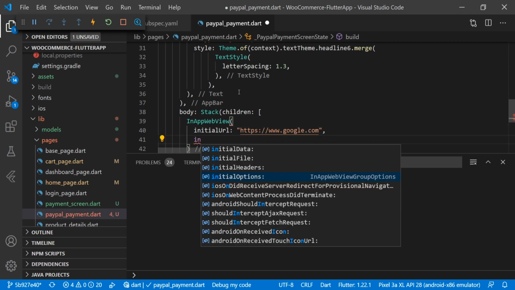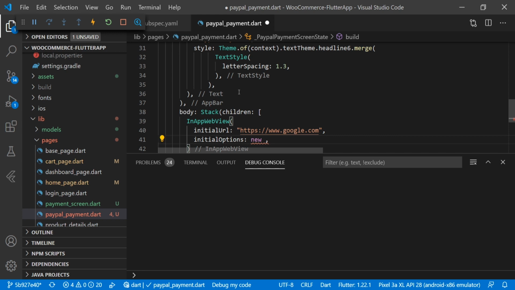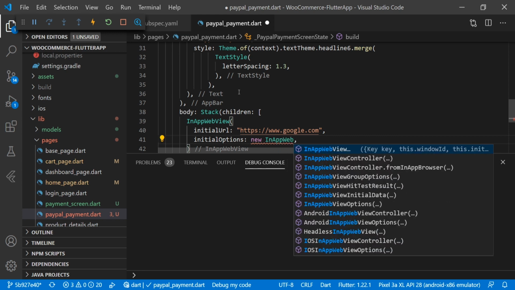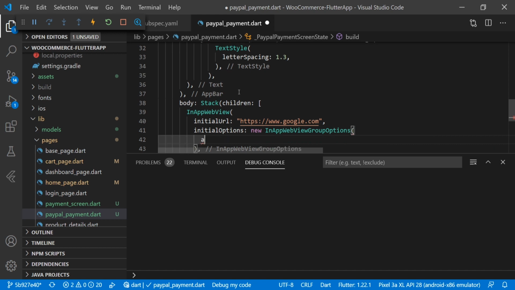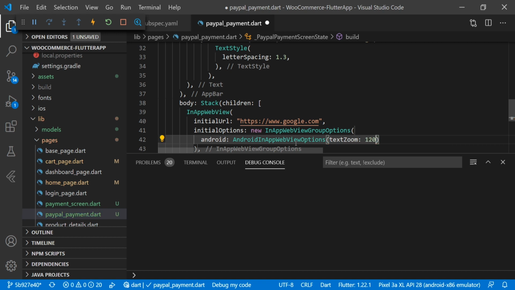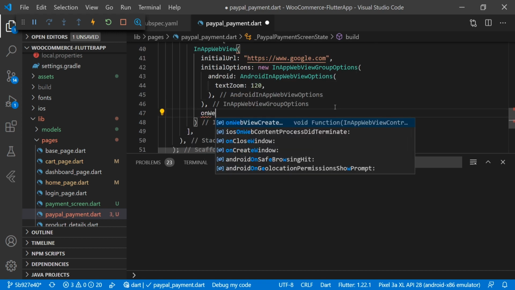Then we have the initial options. Here we will have new InAppWebViewGroupOptions, and for Android we are using the Android InAppWebView option textZoom 120. And here we have onWebViewCreated.